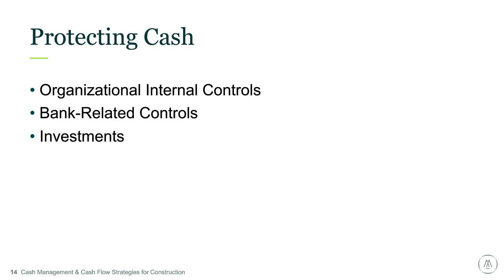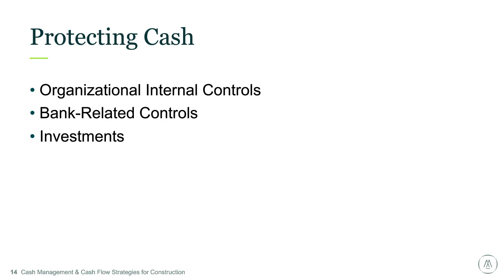actually in place. A couple of those relate to cash reconciliations. They need to be done timely, and they need to be done monthly, and they shouldn't be done by folks that can access cash, and they should be reviewed. That is a critical control. It's an expectation that you're doing that. If you're not doing that, or if it's not getting done timely, I really challenge you to get working on